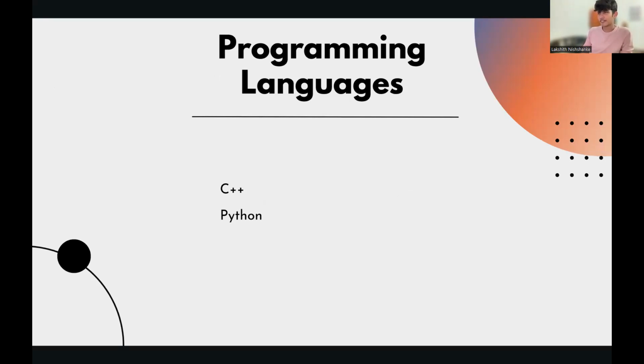You can use other languages, like IEEE Extreme allows lots of languages, but I think these two languages can cover all use cases. I personally like programming with C++, but sometimes I use Python when it's easier. We'll talk about that in our first problem.